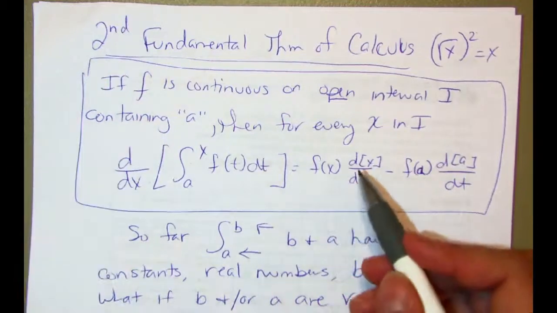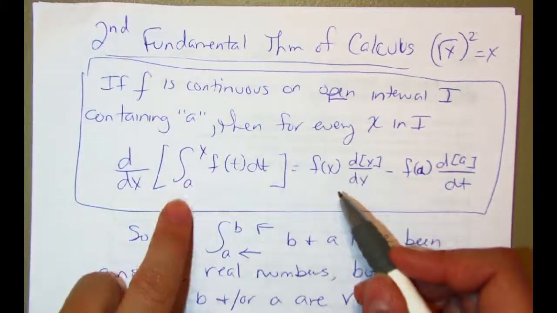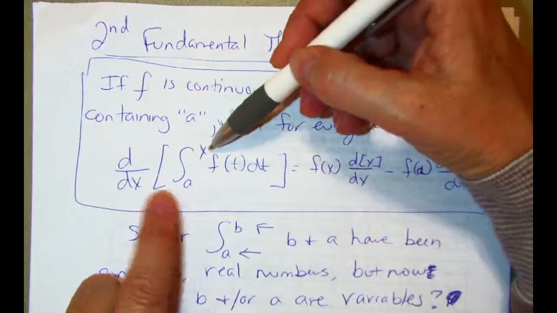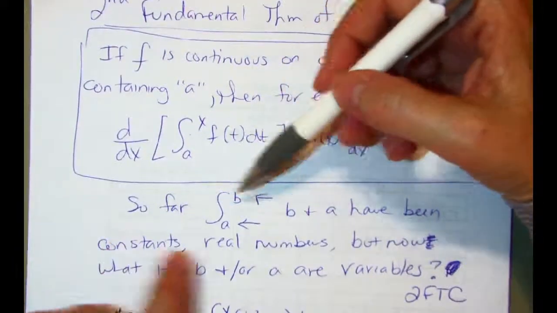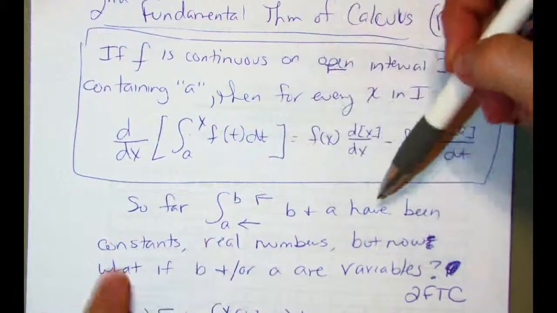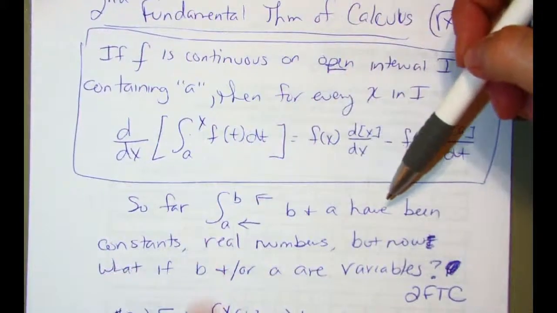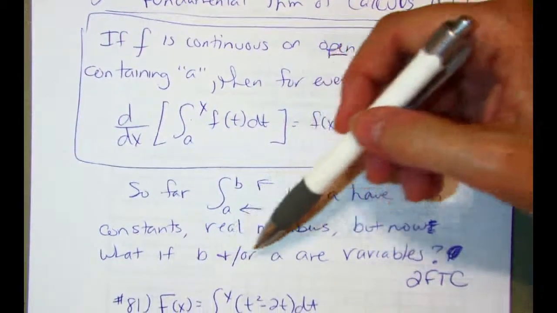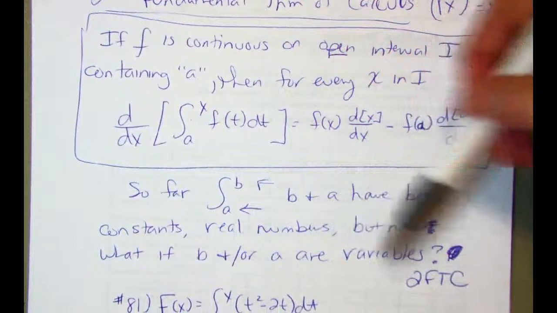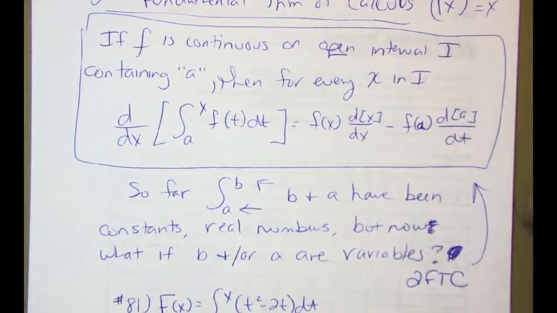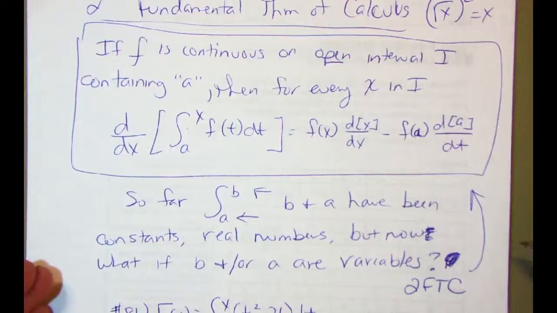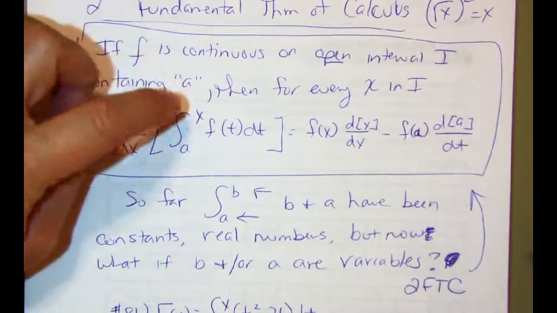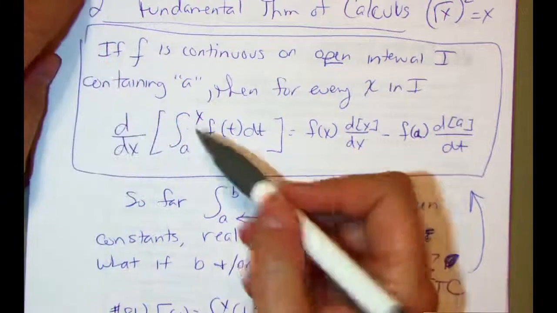And before I go any further, the reason we have this is because, look at it, up until now, in fact it says it down here, so far, my b and my a have been constants, have been real numbers. But now, what if b and or a are variables? That's when we're going to use this second fundamental theorem of calculus. That's why I have to use it. Otherwise, I don't need to use this. But if b and or a are variables like this,